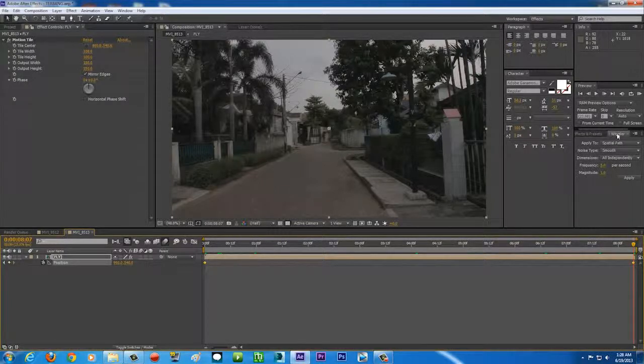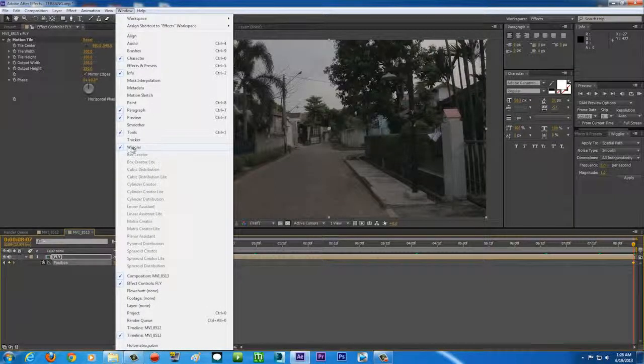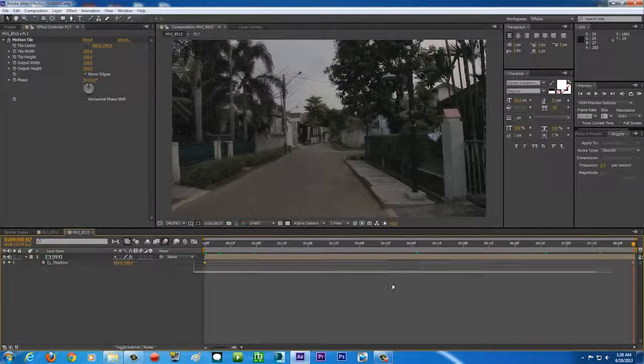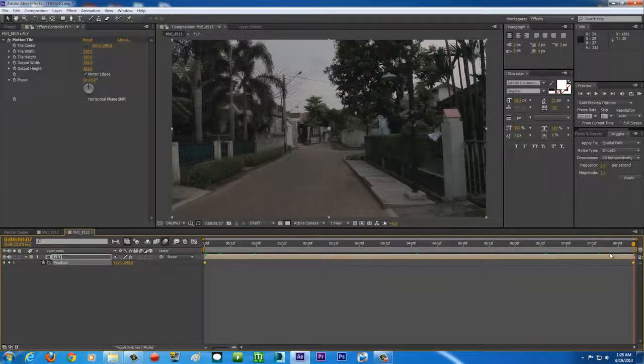If you don't have wiggler right here, you can go to window and then make sure you check the wiggler, and then it will appear somewhere in After Effects. Just for me, I'm just gonna drag it here at the left side. Alright, so make sure you already select both of the keyframes here, and for me I'm just gonna change the frequency to 3 maybe, and